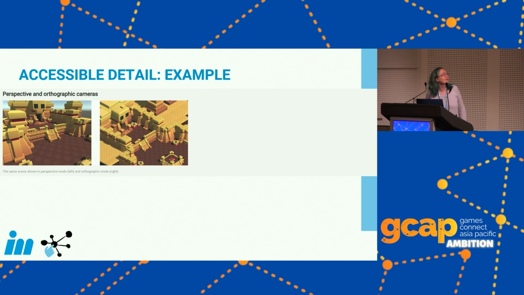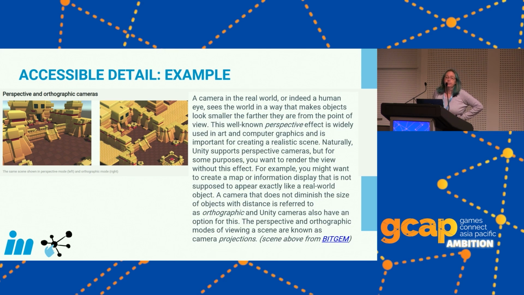So again, a nice little example from the Unity manual about cameras. Now, I personally don't even have an idea what those are, but this is not going to help me, right? It's a literary text. Basically, the words perspective and orthographic have been italicized, but they're in the middle of this waffle about art and the human eye. And all I want to know is, what does it mean? Again, my stem sentence is underneath what I've got here.